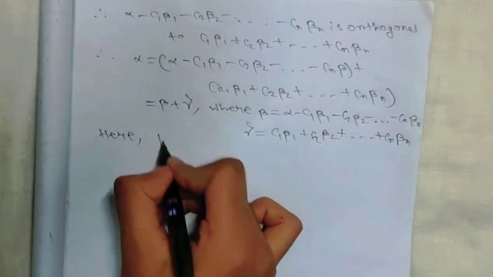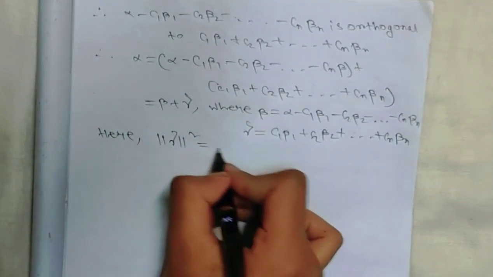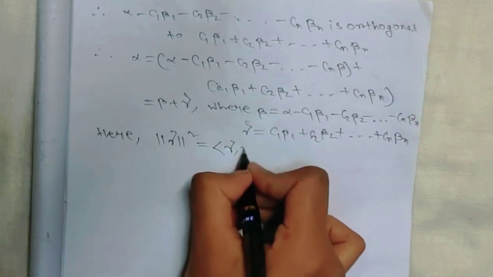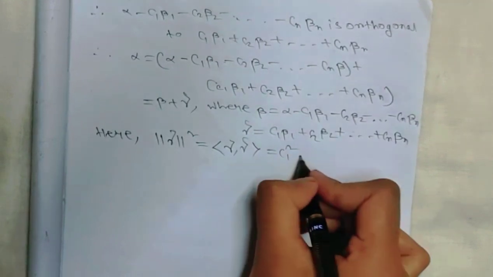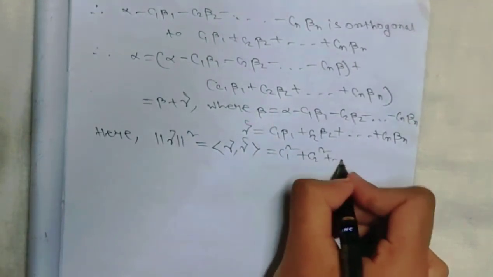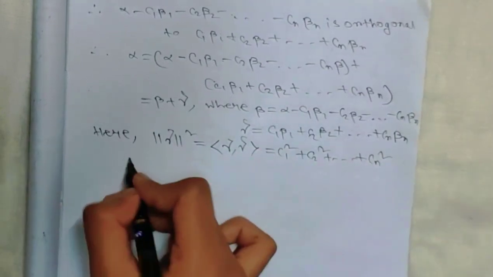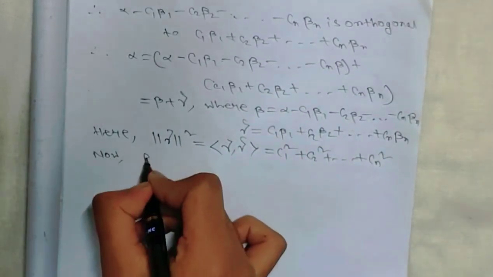Here norm γ squared equals the inner product of γ with itself, equals c1² + c2² + … + cn². Now by Pythagoras theorem